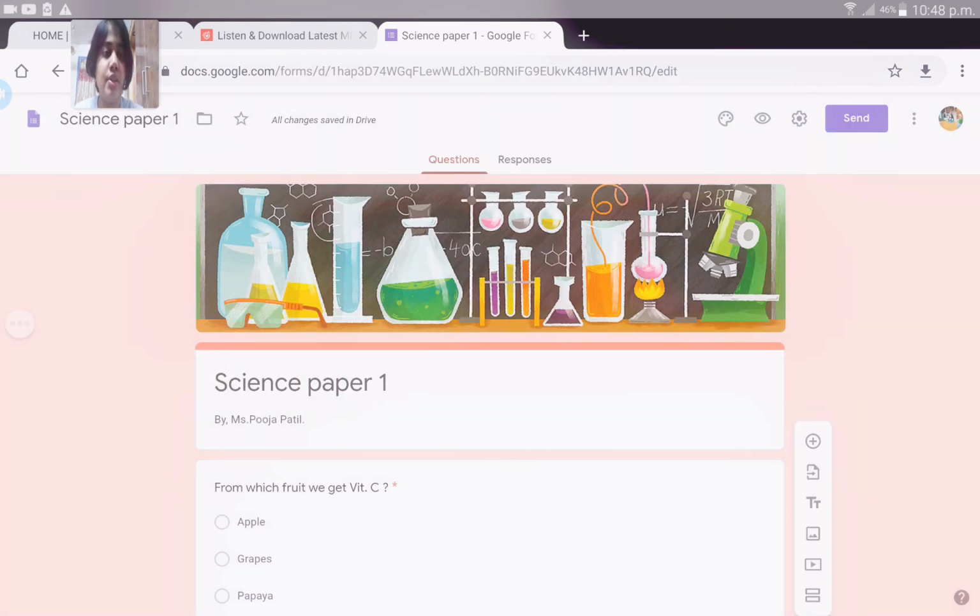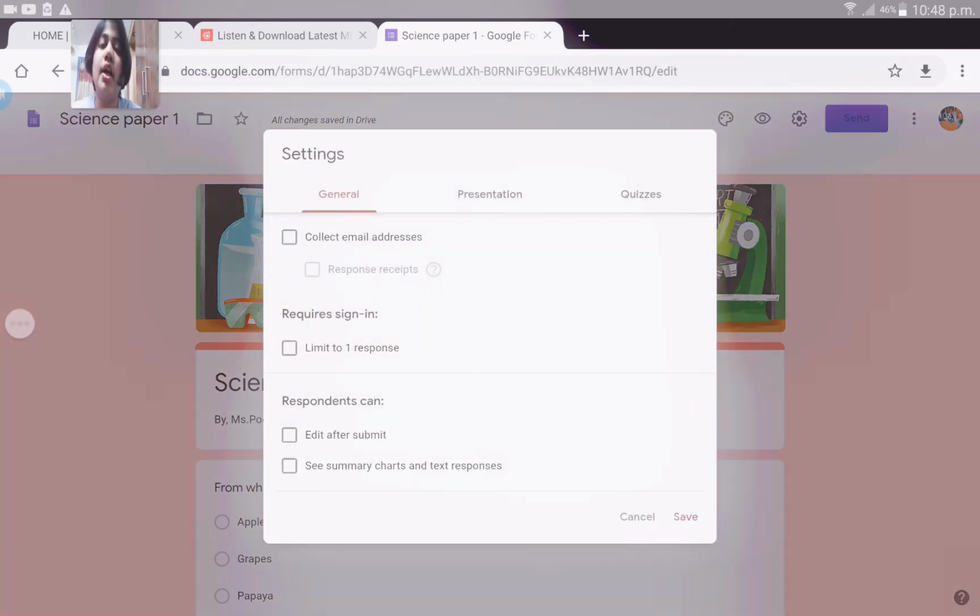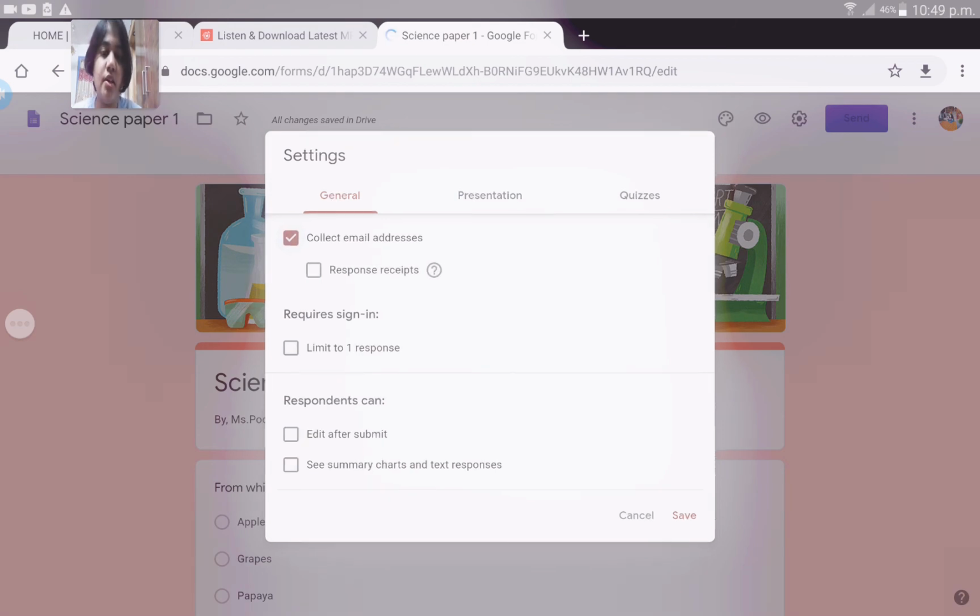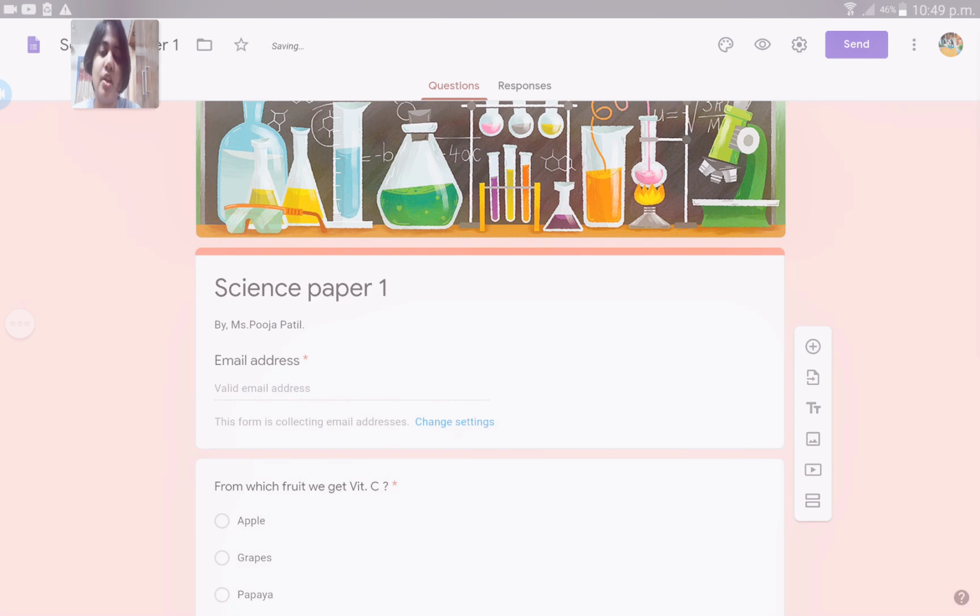One more thing we can add over here, that is the mail, or you can ask them their name as well. So collect the email address. Okay, so when I click on this option, the mail address option will come. So they can also put their mobile number, their names, because online we are not able to identify them with their mail id. Many times students below 10th standard do not have their own mail id, right? They are using their mom or dad's mail id. So what we can do, we can ask them their name, their standard, their mobile number should be written down on that paper. That section also you can add over here. Okay, so that is also available. So the email address option is available, you can make it mandatory as well.